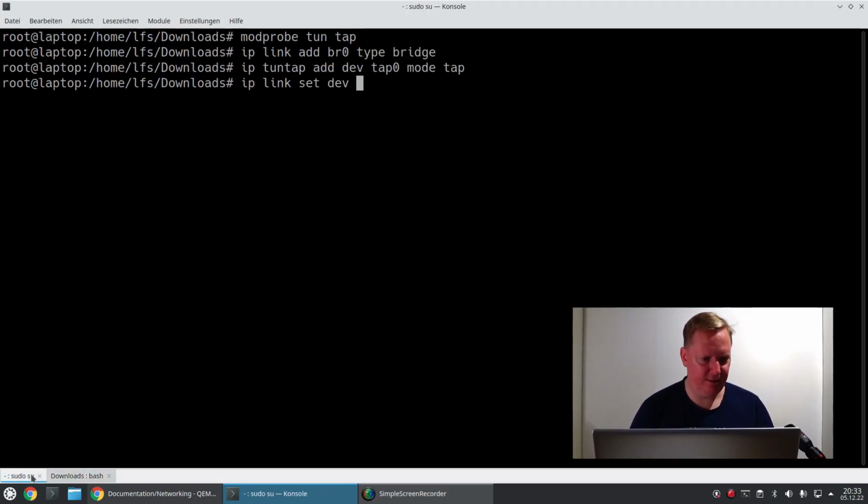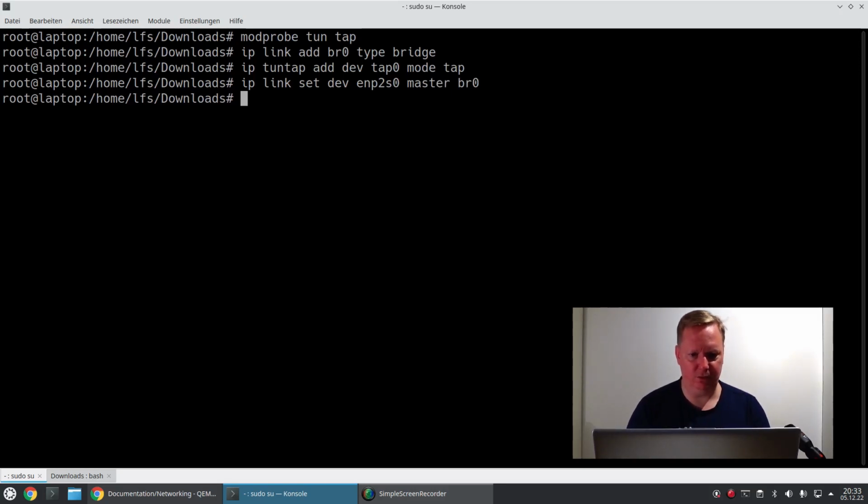So copy that, paste it here. So we connect this physical device now by setting its master to br0. Okay. Now the physical network is connected to the virtual switch,